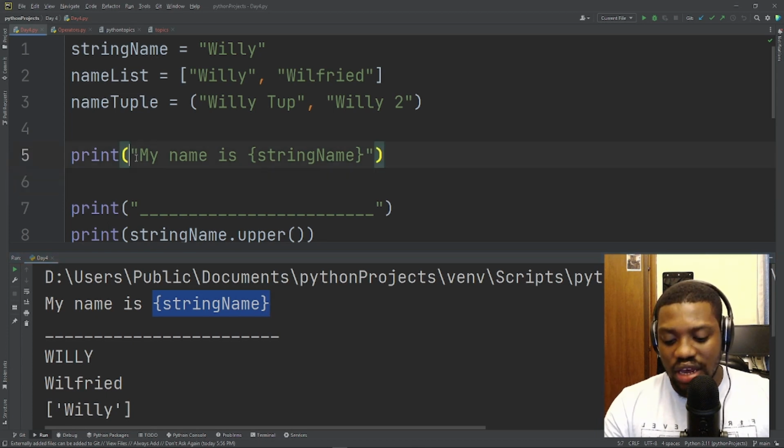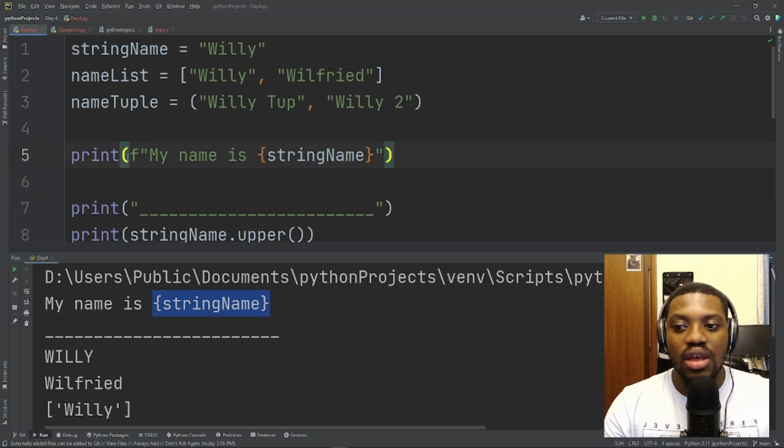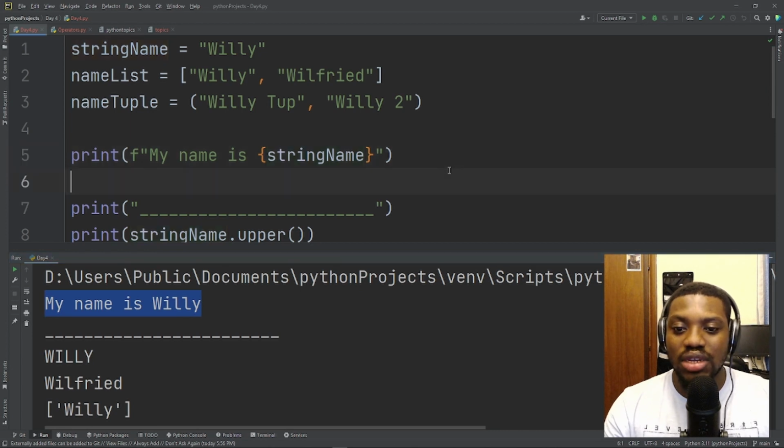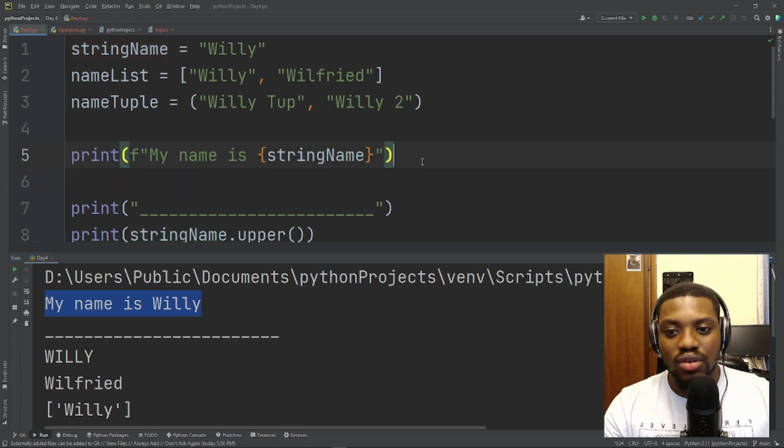Or if we put the F sign in front of it, this will format the string. Now you can see the color of these curly braces change when the variable is recognized. When we print this now, you can see my name is Willie is printed in the terminal, which is really cool. The second way to do this is to